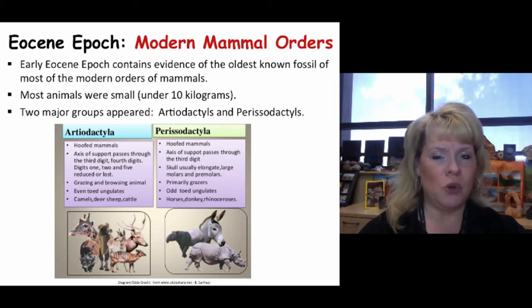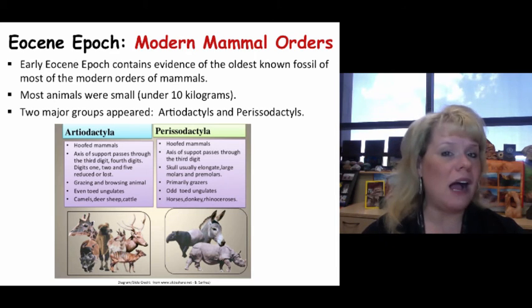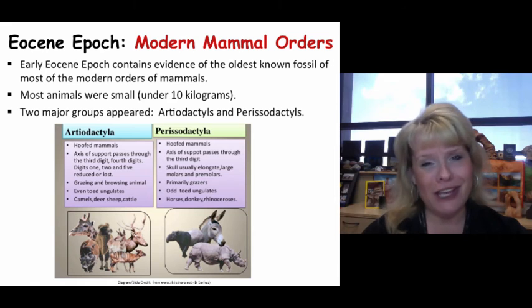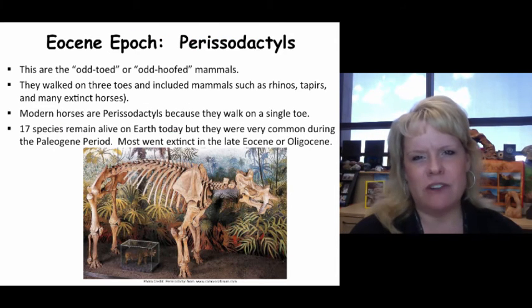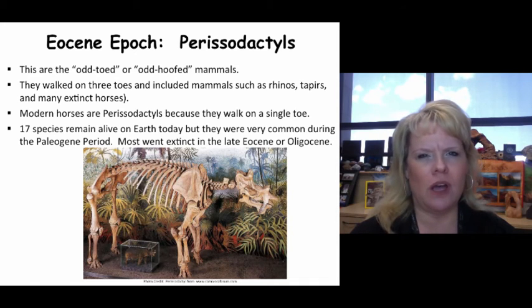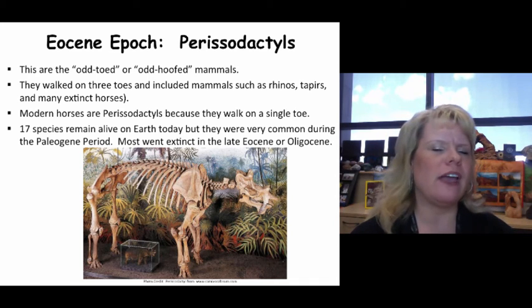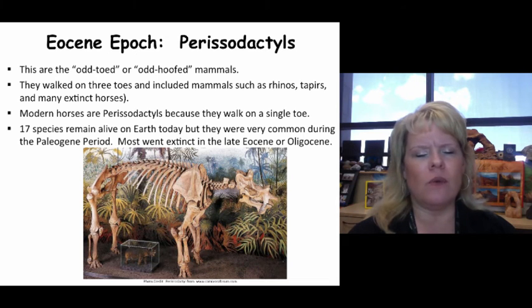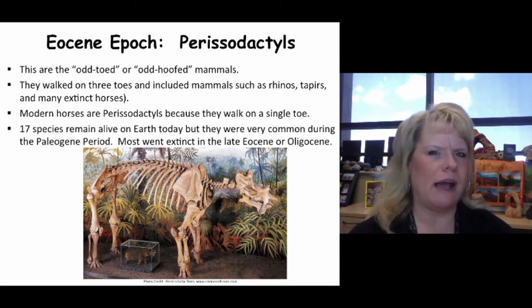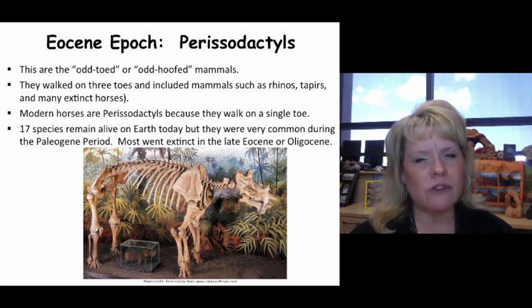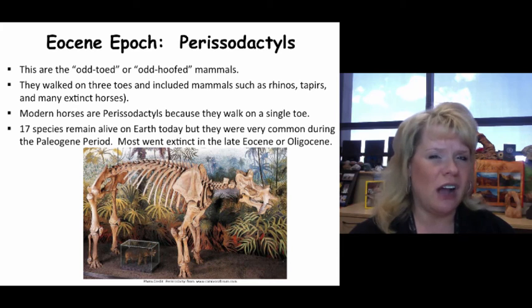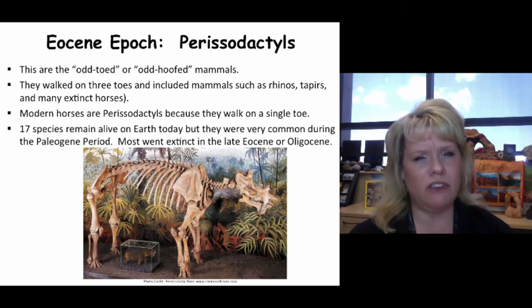So I need to let you know that the Perissodactyls are going to be the more common back in the Paleocene period, but now in the Quaternary period, Artiodactyls are much, much more common. Perissodactyls are your odd-toed ungulates, which are hoofed animals per se. So they either walked on one or three toes, essentially. And we'll be looking at various different types of them. There were rhinoceroses, tapirs, extinct horses.